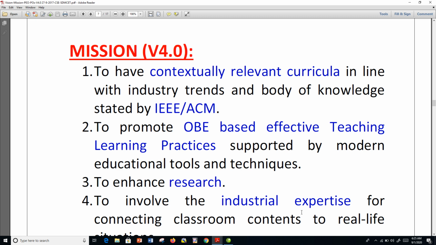And we also focus on outcome based education, based effective teaching learning. The meaning of outcome based education is that whenever you learn anything, from the kitchen room to the office room, everything has an outcome, everything has something to demonstrate. In other words, it is called practice based learning. So when you complete a particular course, what all you can do by programming or by design is a more important aspect of learning rather than simply writing pages together in an examination and getting S grade or A grade, right?